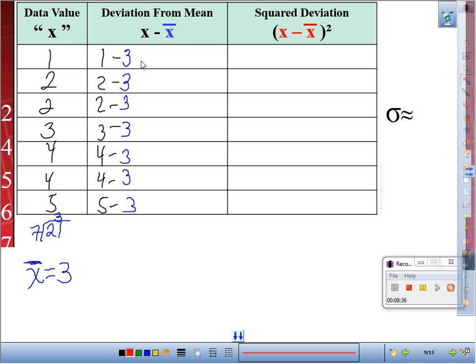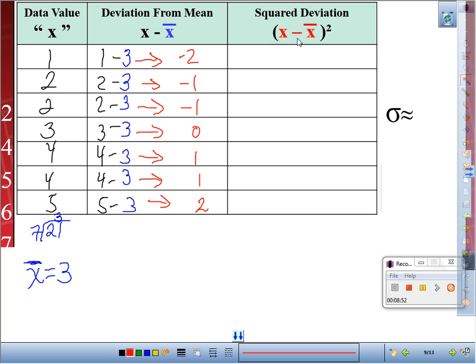And that's going to give us, this is what? -2, -1. This repeats. This is 0, 1, 1, and 2. How we doing? Alright, so now that we found the deviation from the mean, look what it says on the